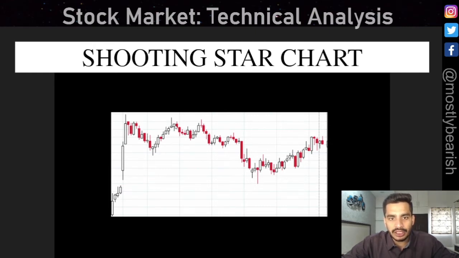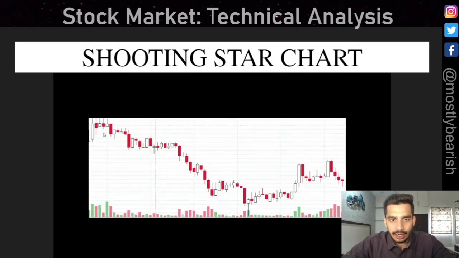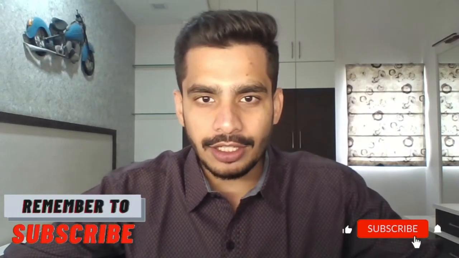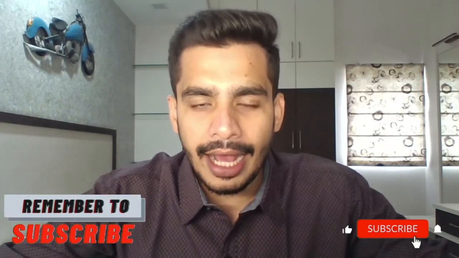So see what happened on the chart. The prices were driven down. The prior trend was upwards, there was a shooting star, and then the prices were driven down. Even in this chart, we can see three different shooting stars. If you look at these three candles here, one, two, three, all three of them are shooting stars. See what happened after that. The prices started falling drastically from there. I hope you guys have understood what a shooting star is. The prior trend has to be upwards. If you see a shooting star, there is a high probability that the prices from there will start falling.